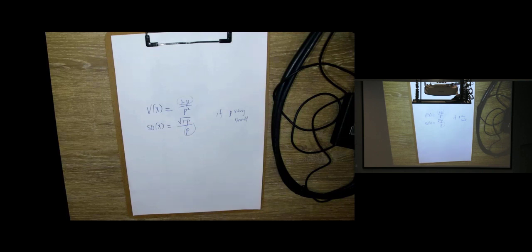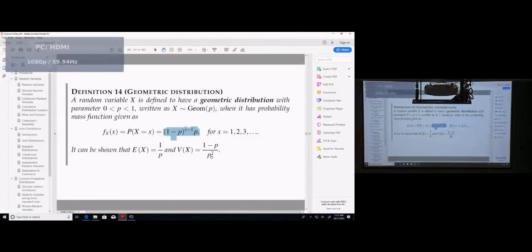Now, if you have some idea, the mean means the number of trials you expect to happen at 1 over p. Let's say p is 1 in 1,000. So you expect to wait 1,000 trials in order to get the first success. But there is a lot of variation here. The variance is 1 minus p over p squared. Let's forget about the 1 minus 1 over 1,000, so this is almost like 1 because this is 0.999. So the standard deviation is also about 1,000. Okay. So now what it means is you expect to wait for 1,000 trials, but the